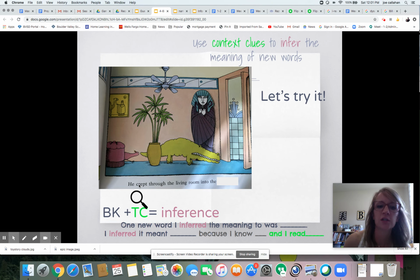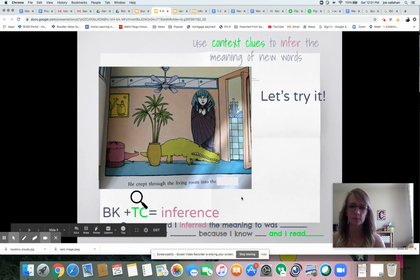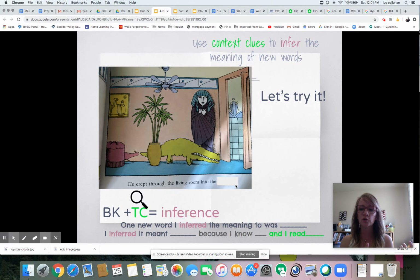Way to go, readers. Now, how about this last word that's missing? So you could treat this like a word that you're having a hard time reading, or a new word that you maybe don't know the meaning of. He crept through the living room into the...